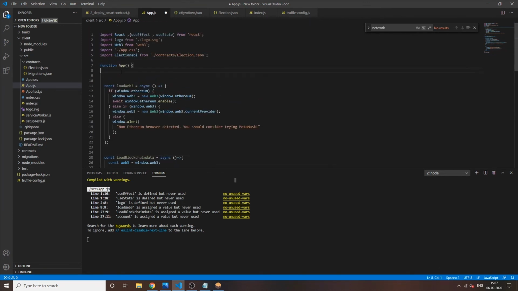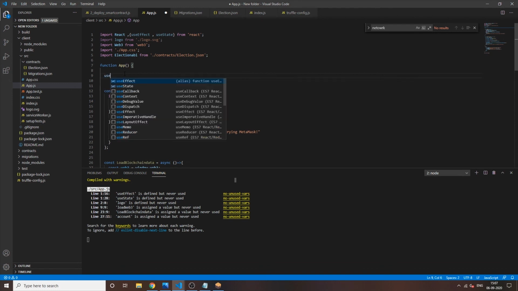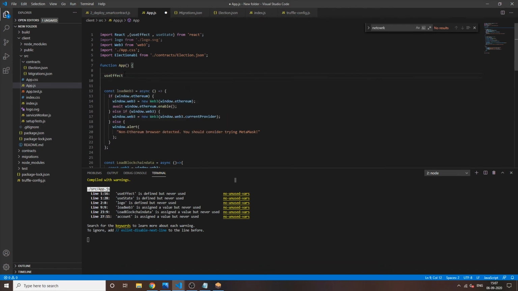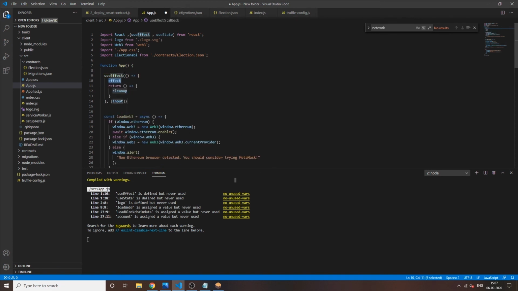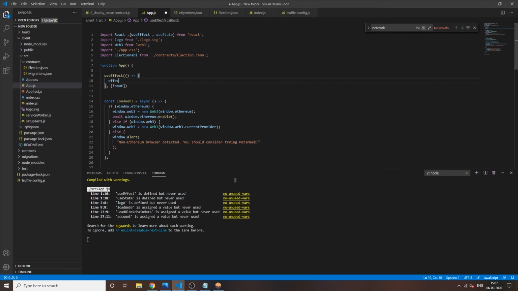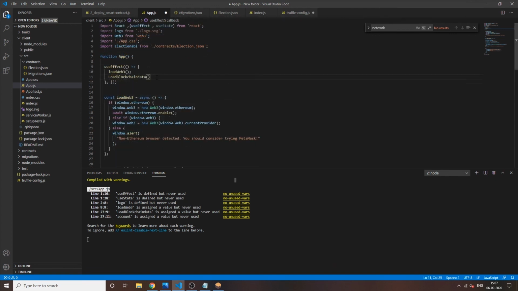So we want these two functions to be run. So what we can use is useEffect. It will give the boilerplate code. Just delete this. So what we want to run is loadWeb3 and loadBlockchainData.